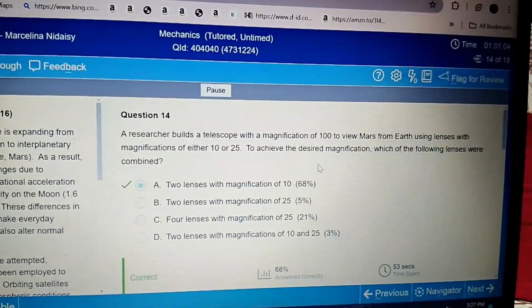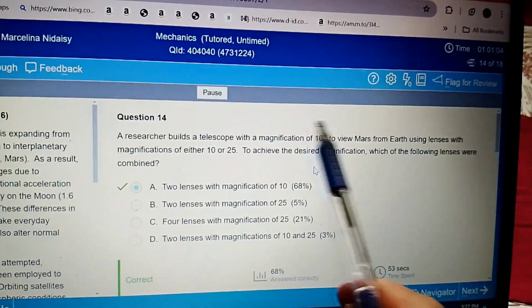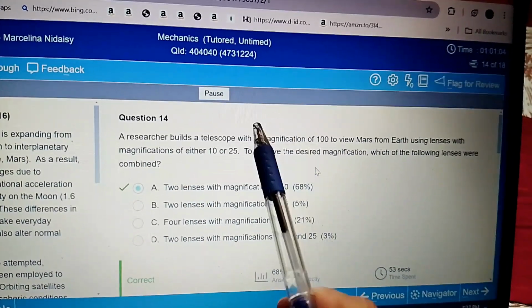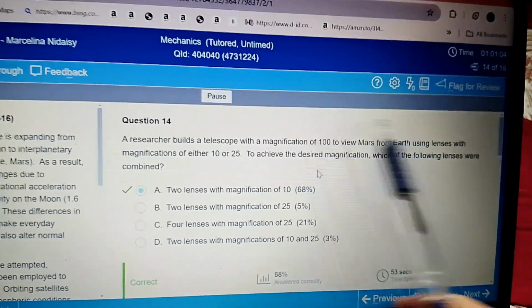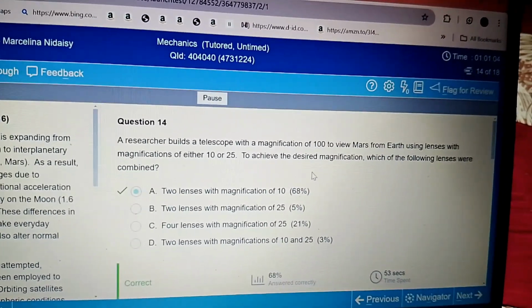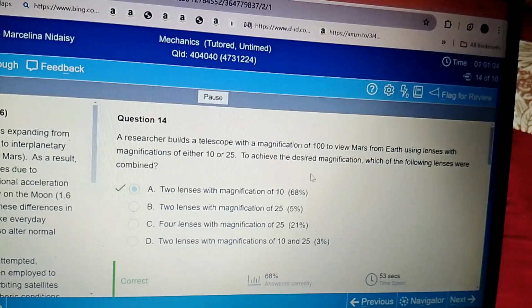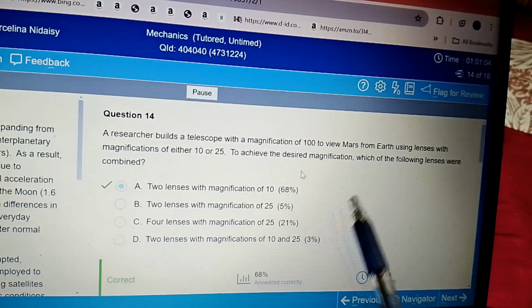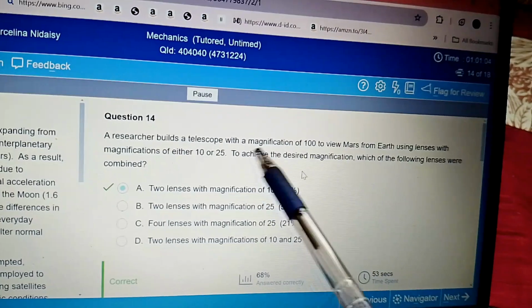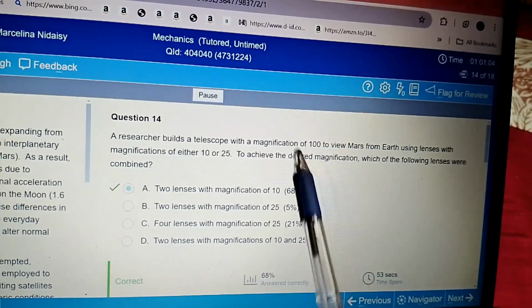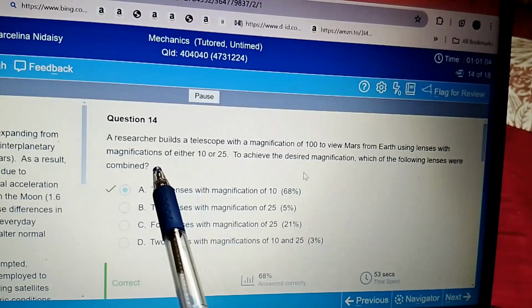It means his desired magnification is 100. He wants to make a telescope with 100 magnification, and there are two lenses. In the case of the telescope, he wants to use two lenses. For making this, he is asking which lenses he should use for the magnification of 100, either